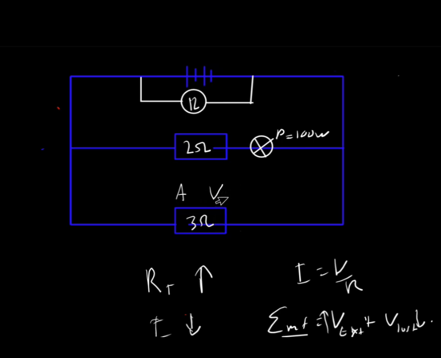So as long as it just has a meter. If they replace it with an amp meter, a voltmeter, or an ohm meter, they can ask you what will happen. So what will happen to maybe the brightness of the light bulb? You'll tell them that if you remove this and replace it with an amp meter, the amp meter has